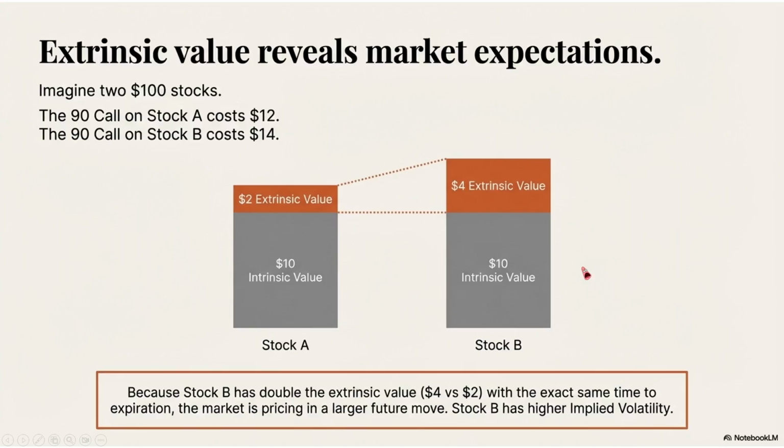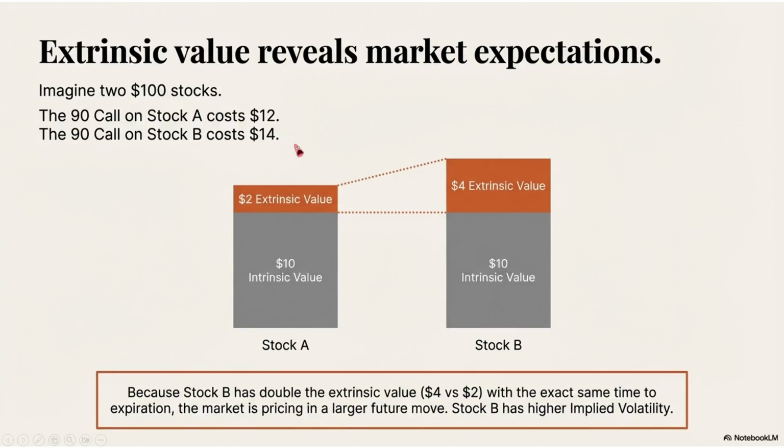We find this forward expectation in the extrinsic value of an option. Imagine, for example, two $100 stocks. A 90 call option on stock A costs $12, while the exact same option on stock B costs $14. Since both options have $10 intrinsic value, stock A has $2 extrinsic value, which is 12 minus the 10, and stock B has